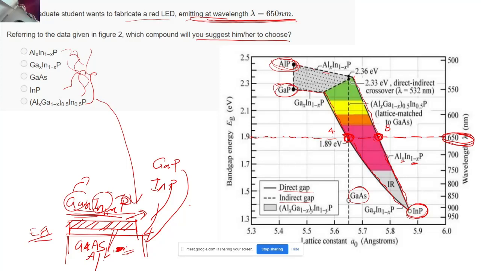Now I have given all the hints. At least tell me which of the following points I should choose, point number A or point number B. I have marked it over here. You understood the question, right, or no? Yeah, so any guesses?